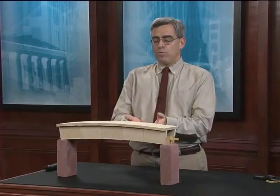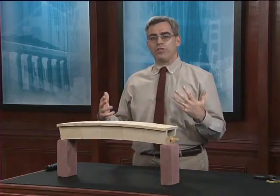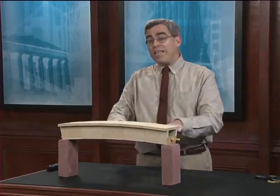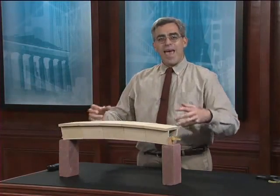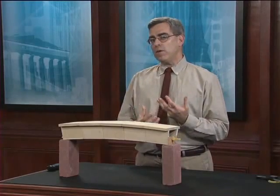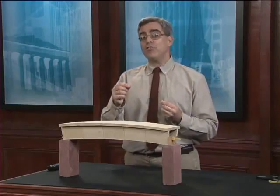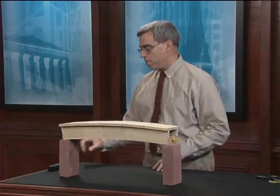The tendons, which are stretched with enormous tension to pull the entire bridge together, have the effect of reducing or eliminating all of the tension in the lower portion of this bridge. And the positive effect of that post-tensioning process is both to reduce cracking in the concrete and to reduce the amount of deflection that the bridge undergoes when it's subjected to load. This is the essence of post-tensioned